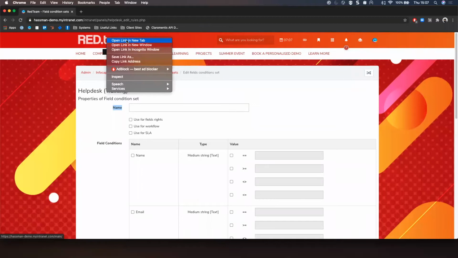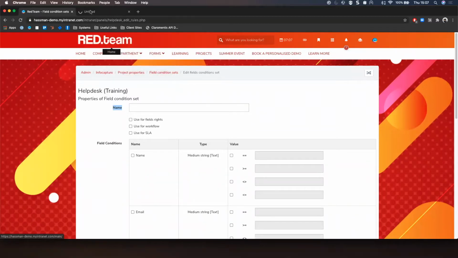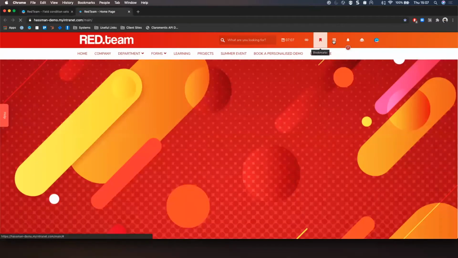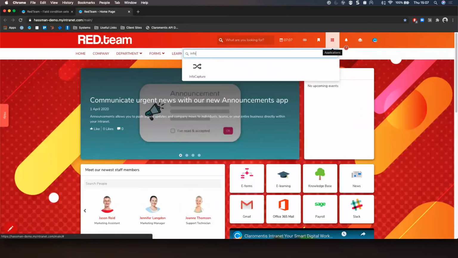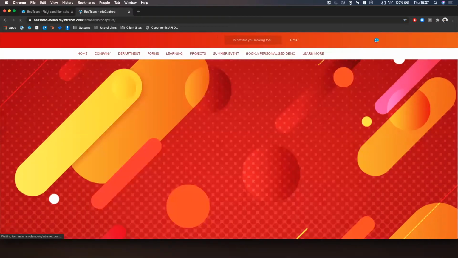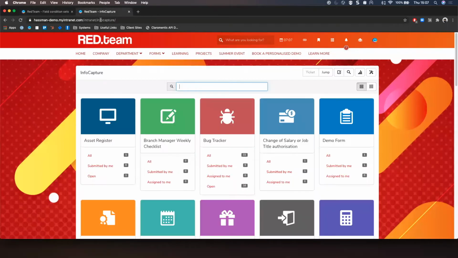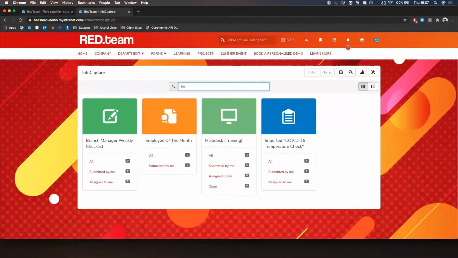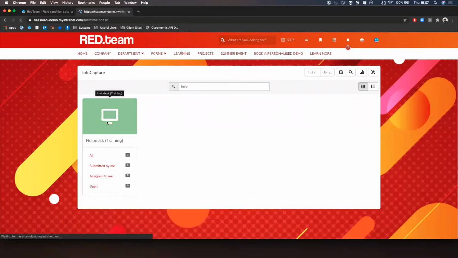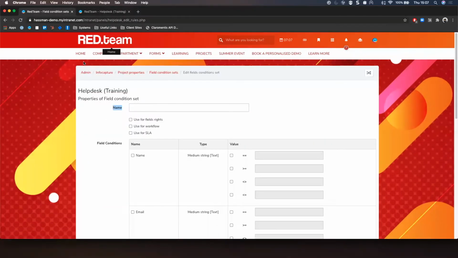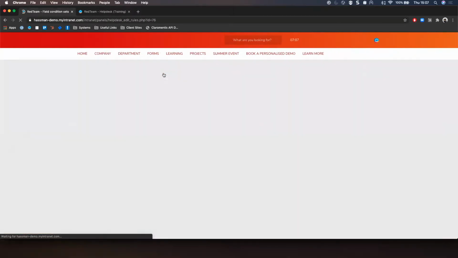Let me open up a tab quickly. So realistically, there is what we would call a best practice for these condition sets, but honestly, you can call them whatever you want. Anything that's convenient or relevant to you, as long as you can look back on this and immediately identify what this condition set is referencing, by all means, call it anything. But normally, in terms of a best practice, we would keep to similar logic as we saw with the